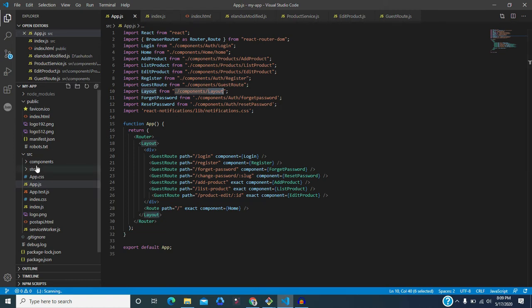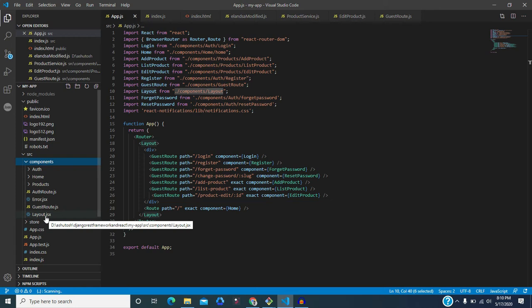If you go to the component folder, you will find a file which is layout.jsx. You can notice that in a React application sometimes you write JS, and sometimes you write the extension as JSX. Basically, it's for your understanding that if there are lots of DOM elements and design parts, in that case you can use JSX, because lots of JSX code will be available here.